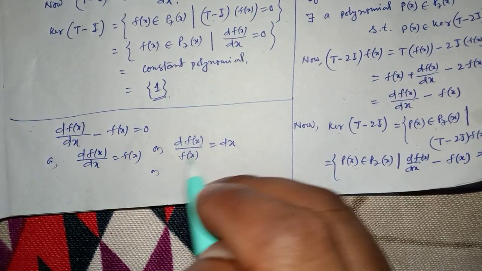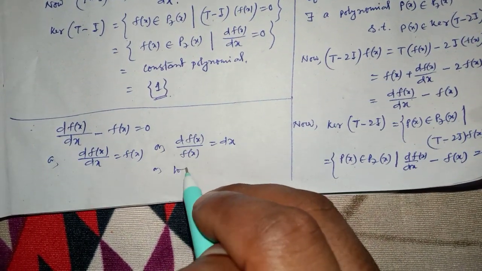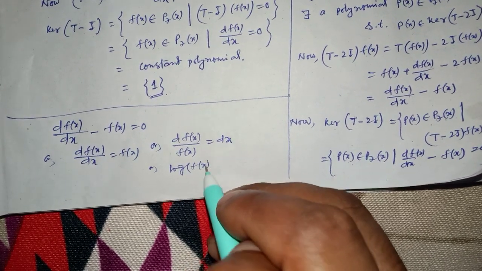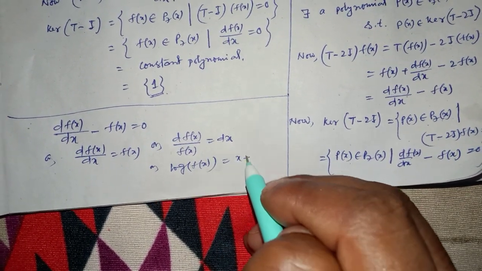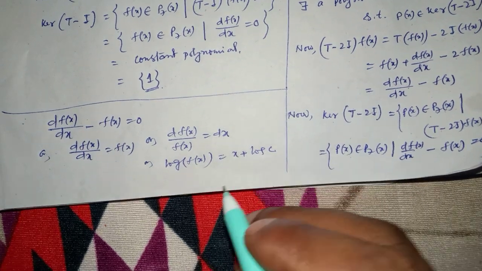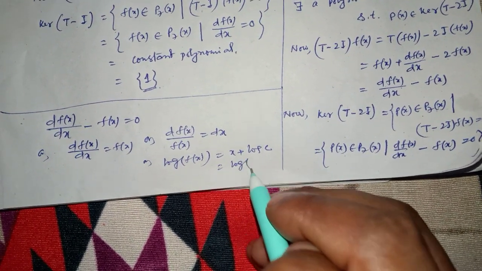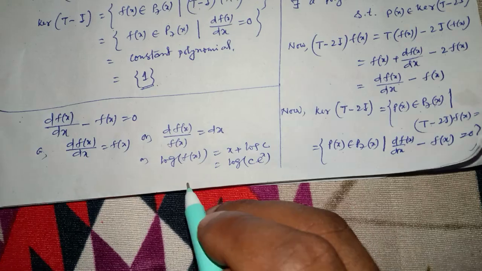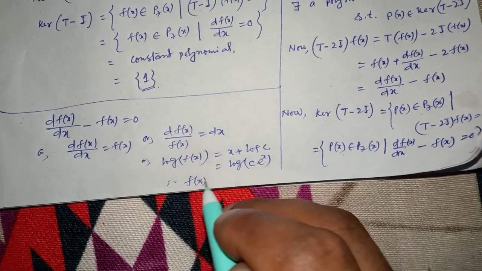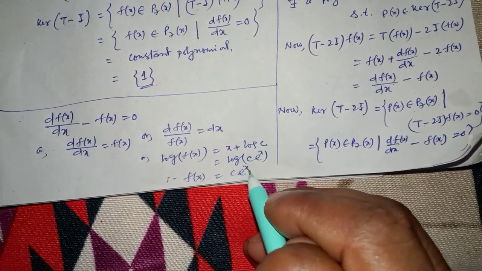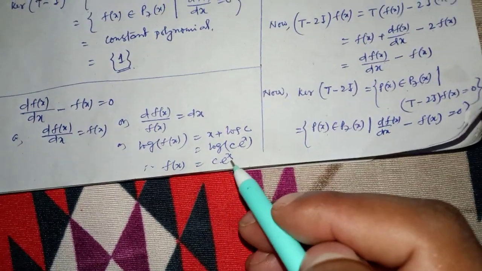Integrating both sides, we get log f(x) is equal to x plus log c, which is equal to log of c e to the power x, or f(x) equal to c e to the power x. But it is not a polynomial,